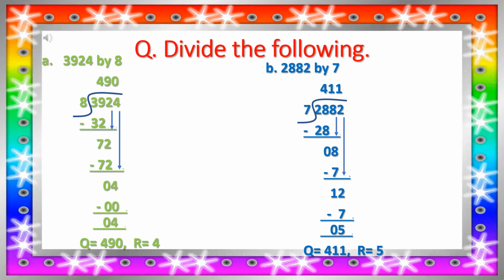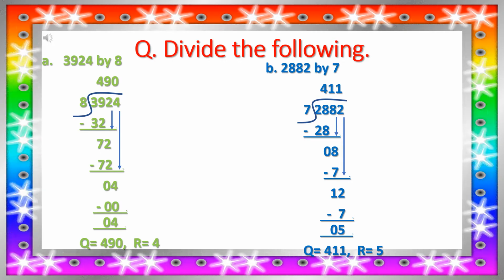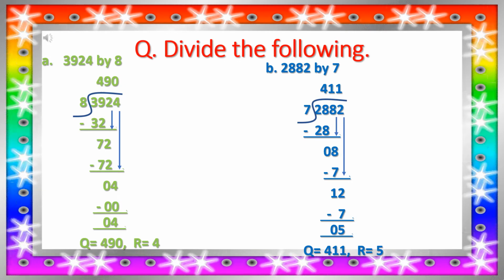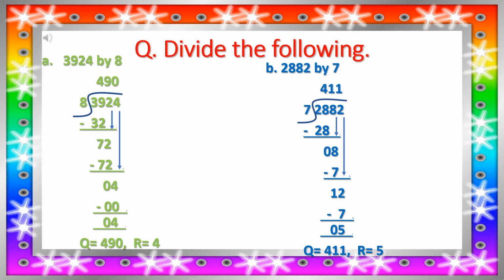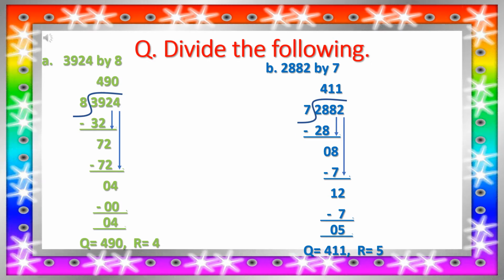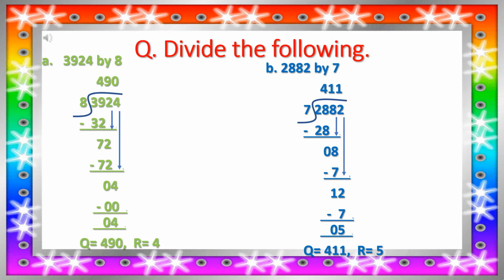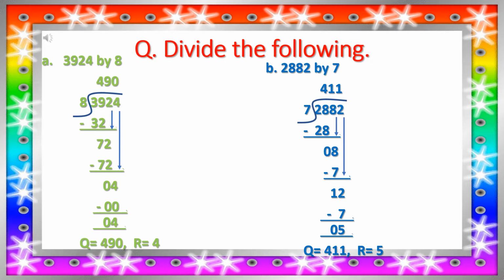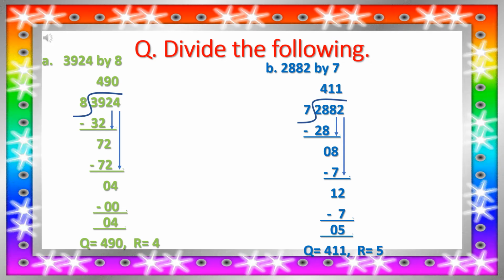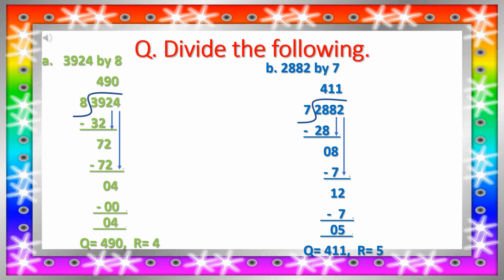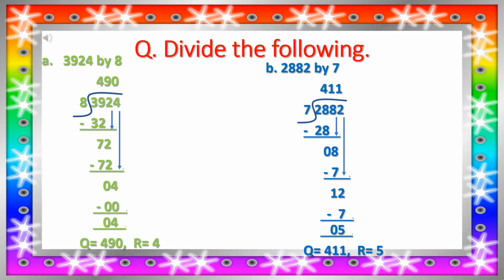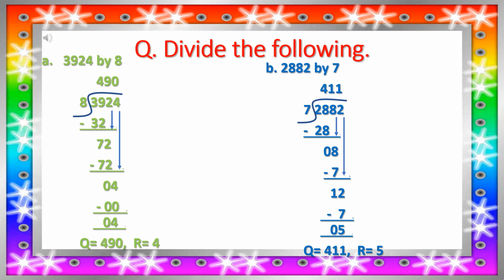Now the number becomes 72. 72 tens. Now we will divide 72 by 8. And 8 nines are 72. So we will write 9 as quotient over 2 and we will write 72 under the dividend 72. जो dividend हमारा 72 था उसके नीचे हम 8 nines are 72 लिखेंगे. And now we will subtract 72 from 72. So our difference will be 0. 72 minus 72 is 0.